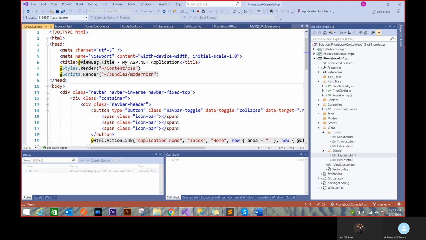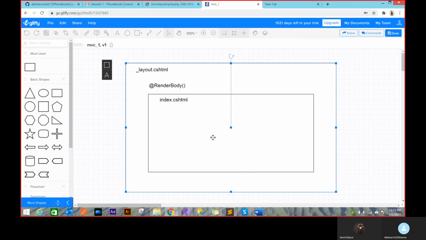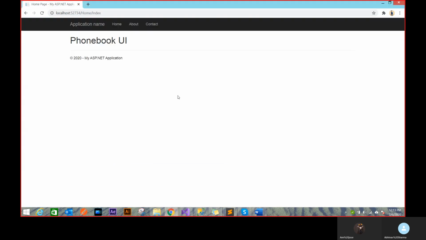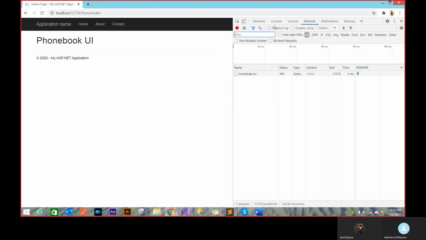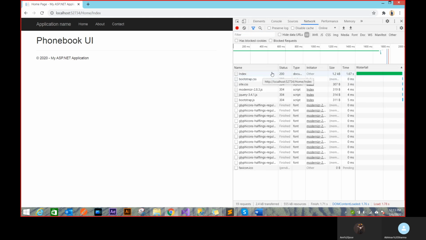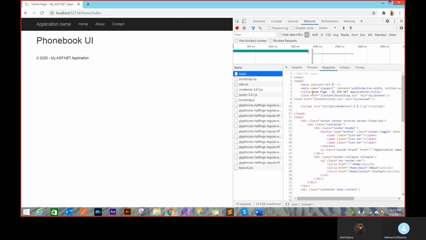And now you'll start seeing something called @. This is what I'm talking about, Razor syntax. Obviously, this ViewBag.Title will never be shown as ViewBag.Title on the UI. You can see if I go back to the UI and look at my HTML as a response, it's called homepage now.